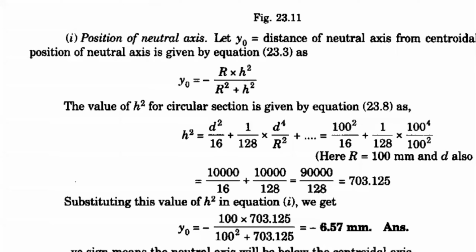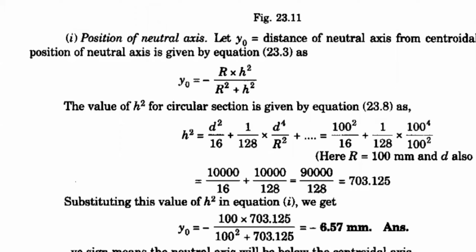That means you move on to the different terms of this series. So h square value equals d square by 16 plus 1 by 28 d power 4 by r square. I hope all of you are observing this equation of h square. Identification of the formula is very, very important; only then will you be able to substitute the suitable data in this particular formula. All students are required to identify this particular location.